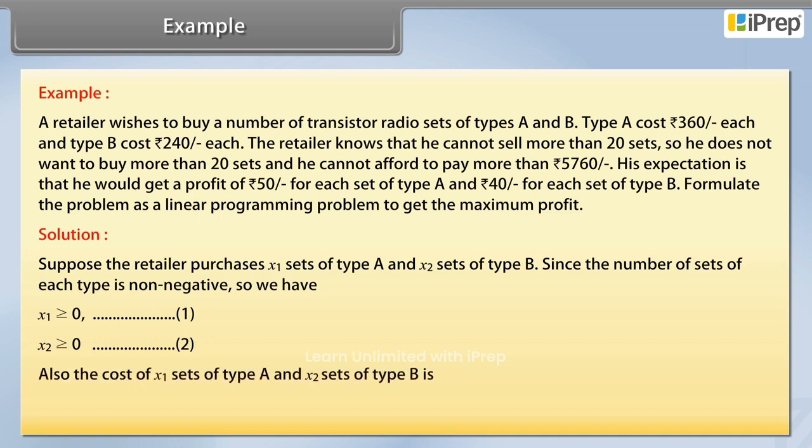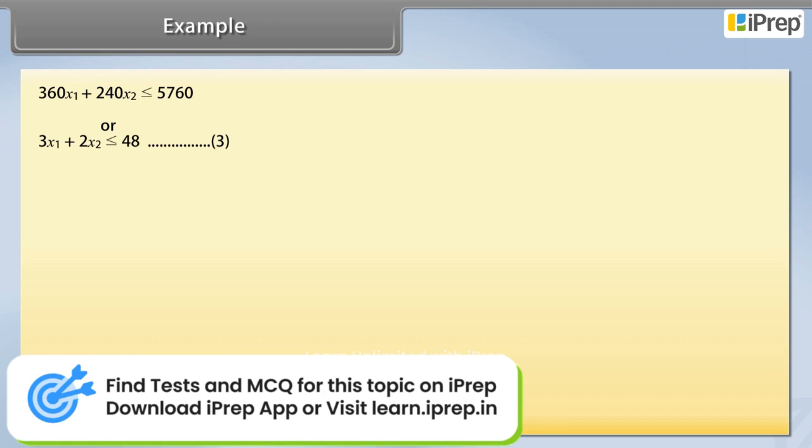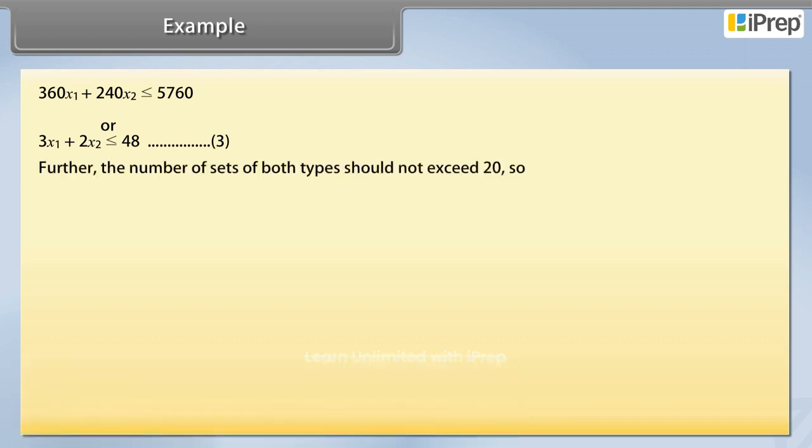Also, the cost of x1 sets of type A and x2 sets of type B is 360x1 plus 240x2, and it should be equal to or less than Rs 5,760. That is, 360x1 plus 240x2 is smaller than or equal to 5,760, or 3x1 plus 2x2 is smaller than or equal to 48. Mark it as 3. Further, the number of sets of both types should not exceed 20, so x1 plus x2